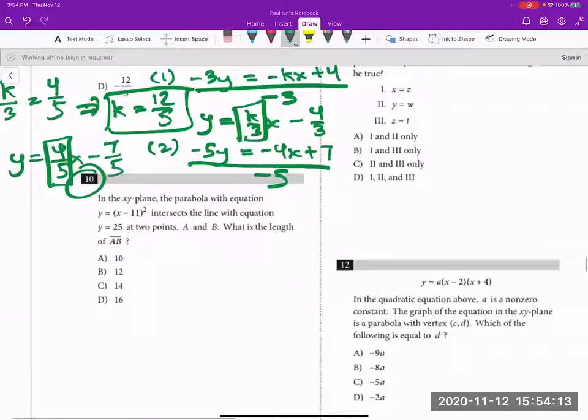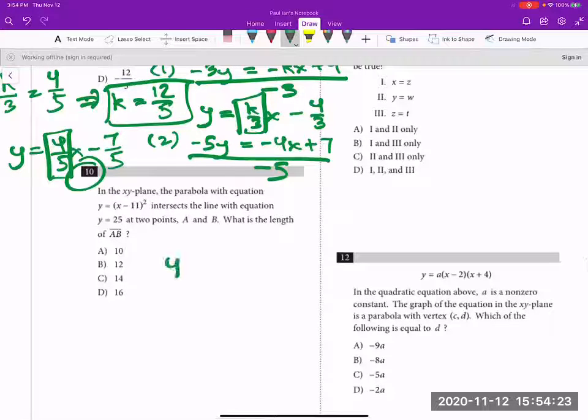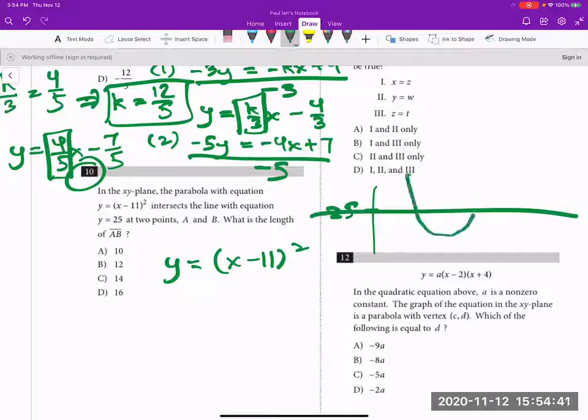So this one, now there's a bunch of things here because there are parabolas now. If you remember your parabolas, the parabola equation is this guy. So let's see, x minus 11 squared intersects the line with the equation y equals 25 at 2 points. So I guess there's a line here, and there's this parabola, right? And there's 2 points right there, right? If you had to picture this in your mind,